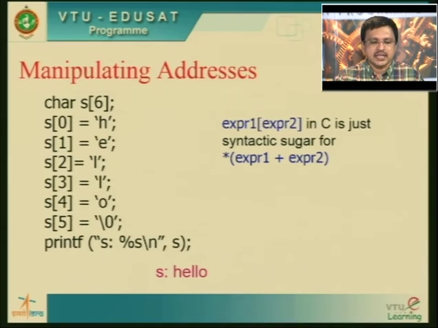So, I have basically hello assigned to this, H E L L O, and then a slash 0, because all strings in C should terminate with a slash 0 character. So, end of string character. So, if I print that, what I get is